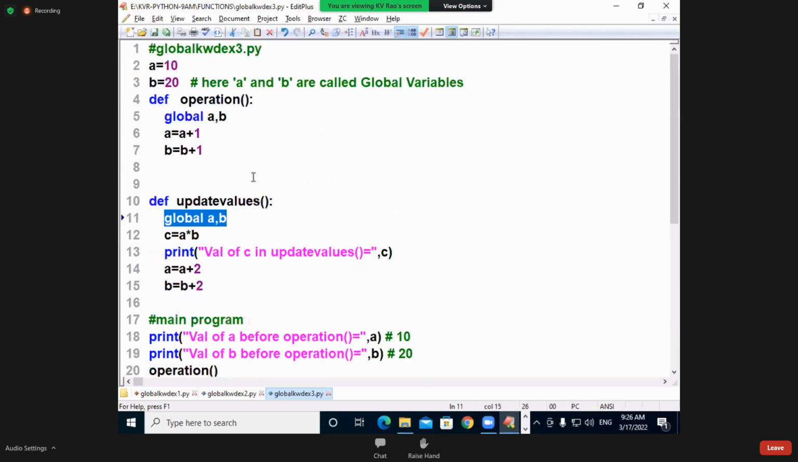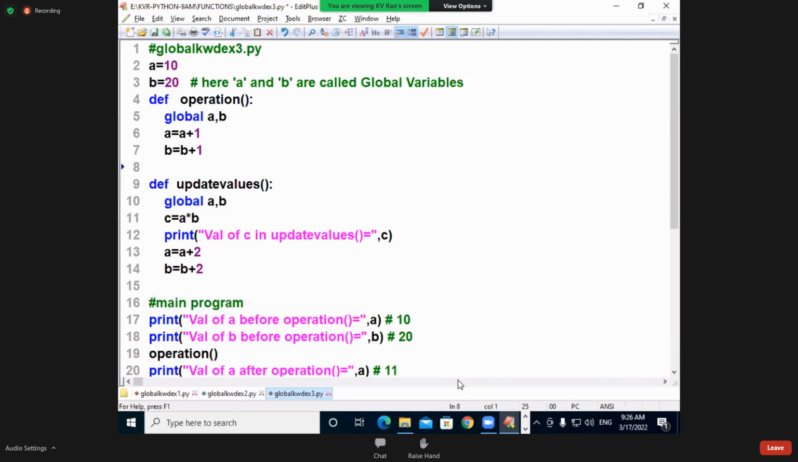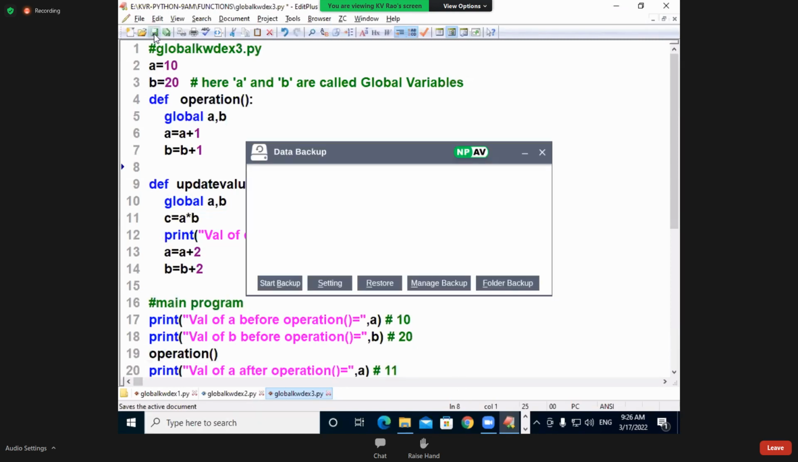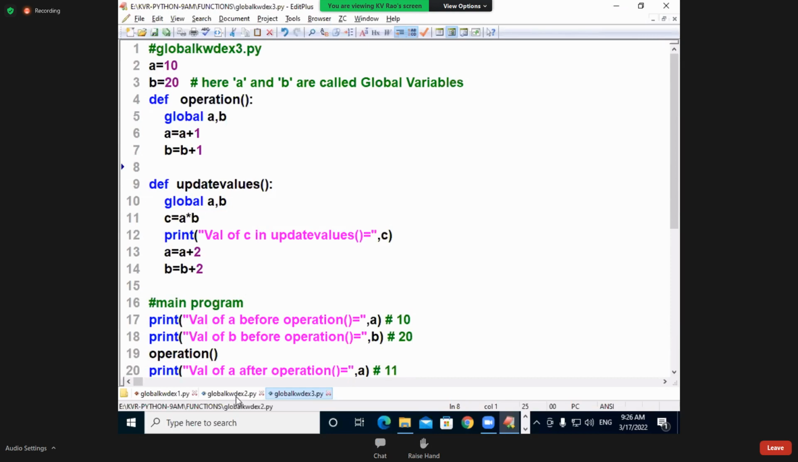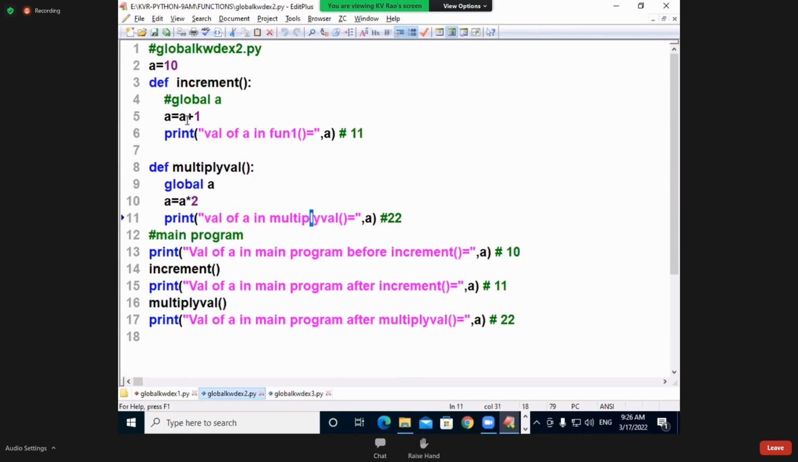So students in the online, are you perfect in this case? When do you go for a global keyword? You see yesterday's class once again. Yesterday's class once again. This example,